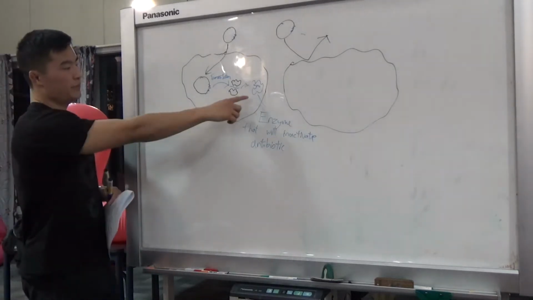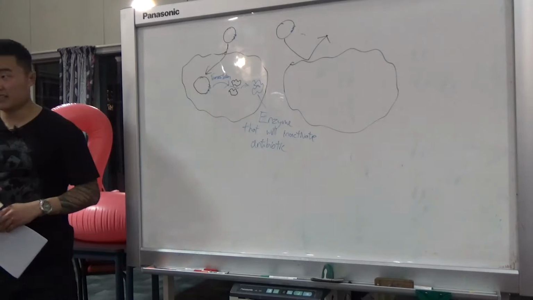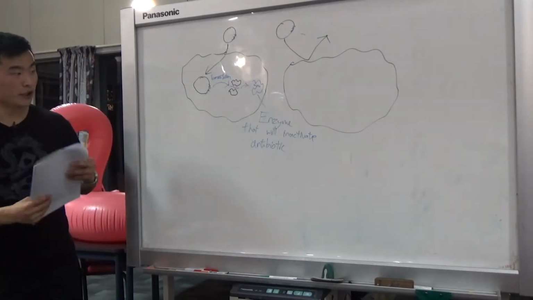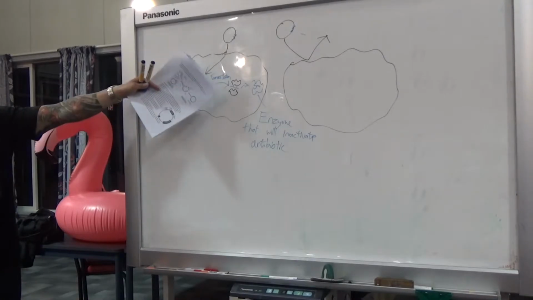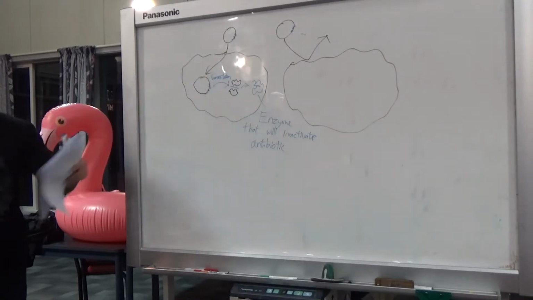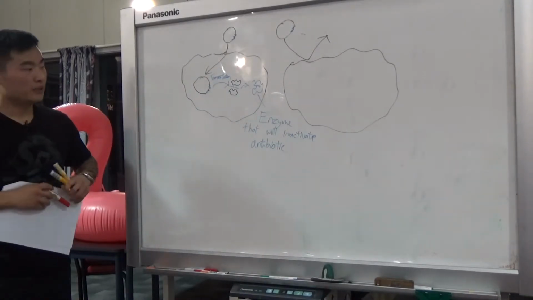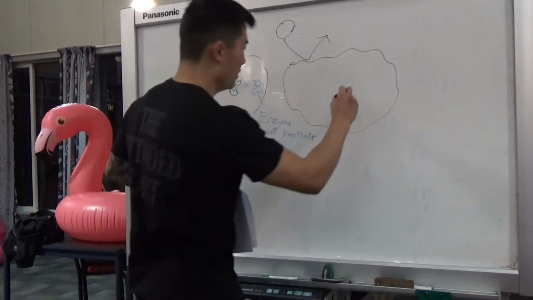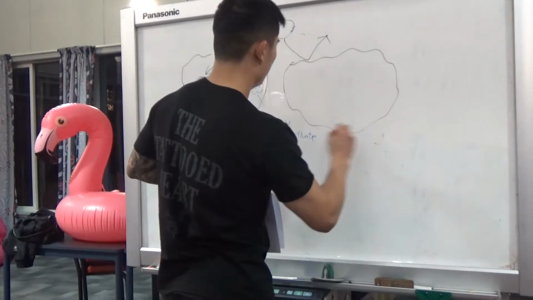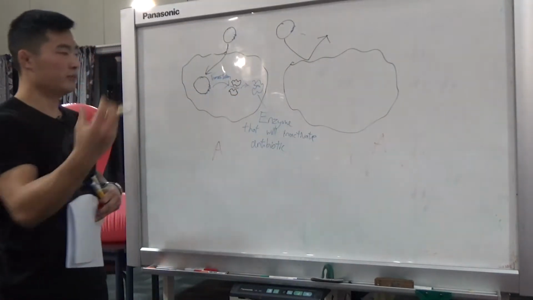So you've got this enzyme here that's going to inactivate the antibiotic, and so only the bacterial cell that has taken up the plasmid is going to have that enzyme. So now, if you introduce an antibiotic into the mixture,